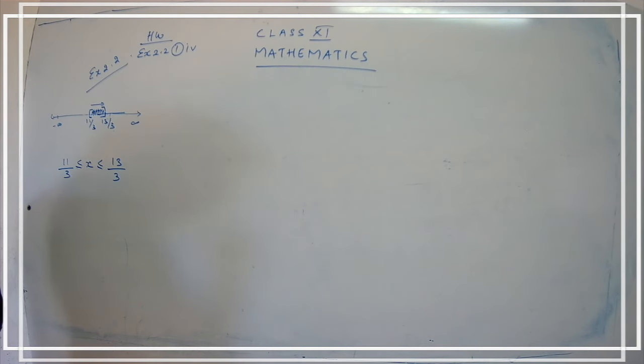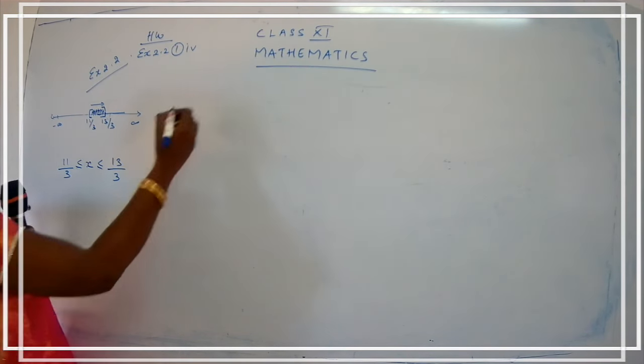Solve 1 upon absolute value 2x minus 1 less than 6 and express the solution using the interval notation. So they are asking you to express using an interval notation. So we are going to use brackets over here. How are we going to represent using a bracket? Whether it's a closed interval or an open interval, that's what we are going to write down. Let's start with the sum.